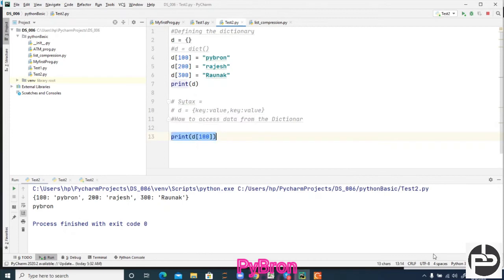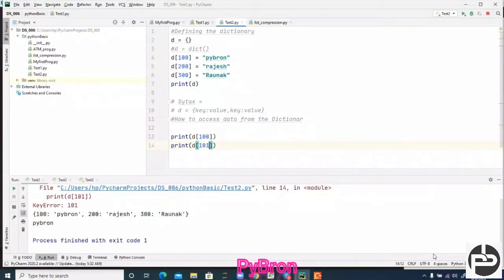Let's suppose I am going to execute this, Ctrl+C, and Ctrl+B, and here I am writing something, 1001, and this time when I try to execute, I am getting a key error. Means with 1001 we don't have any key. Got it? So you have to take care of that. If the key is present, then only it should give. Otherwise it will not give.